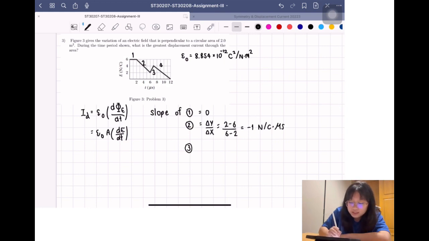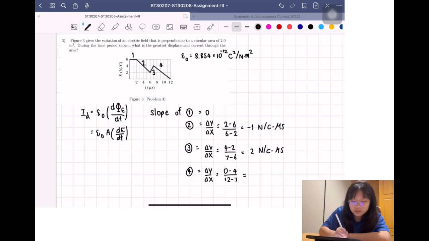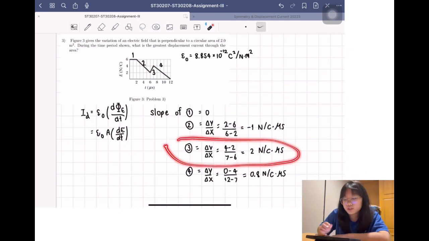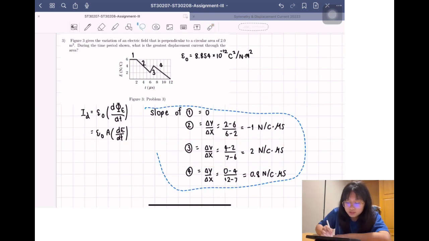For the third part, the slope is equal to 4 minus 2 divided by 7 minus 6, which is 2 Newton per Coulomb microsecond. And for the last part, the slope, which is delta y divided by delta x, is equal to 0 minus 4 divided by 12 minus 7, which is minus 0.8 Newton per Coulomb microsecond. So we can find that the highest slope is the third part, equal to 2, and we will